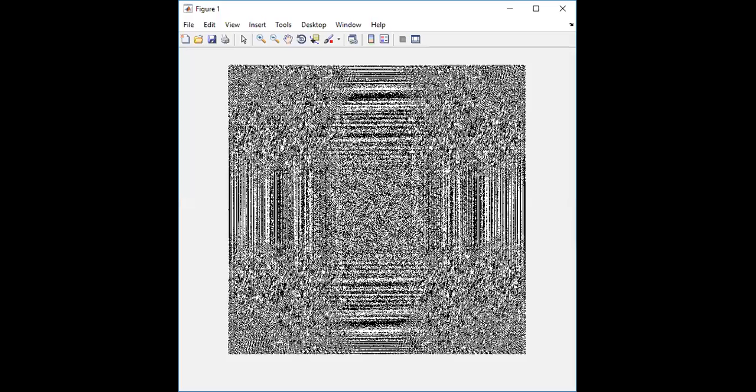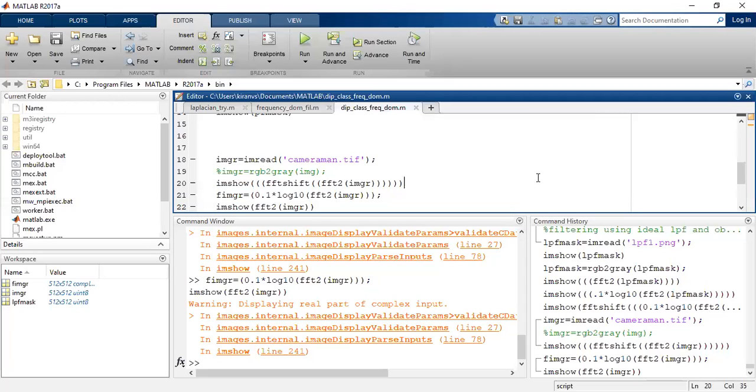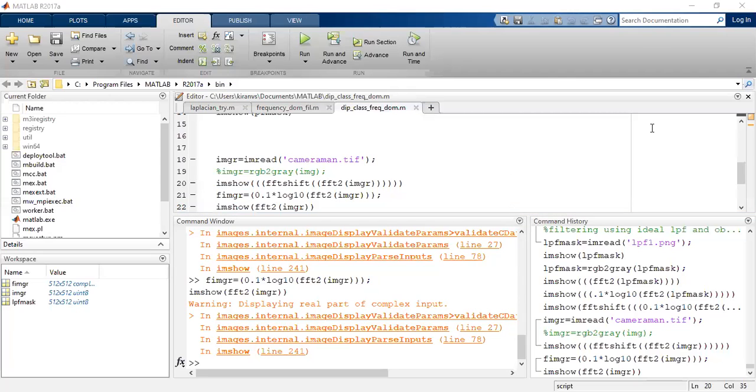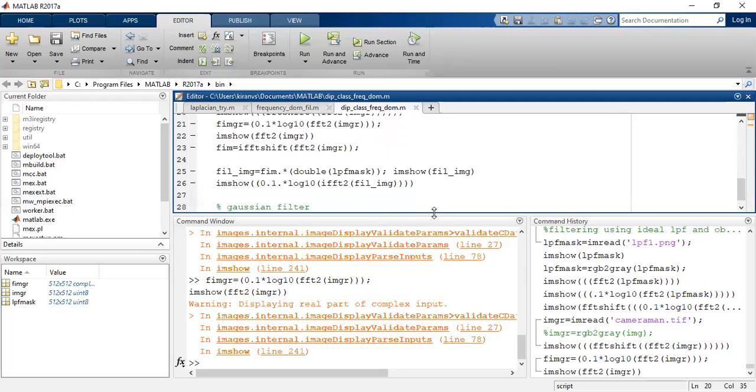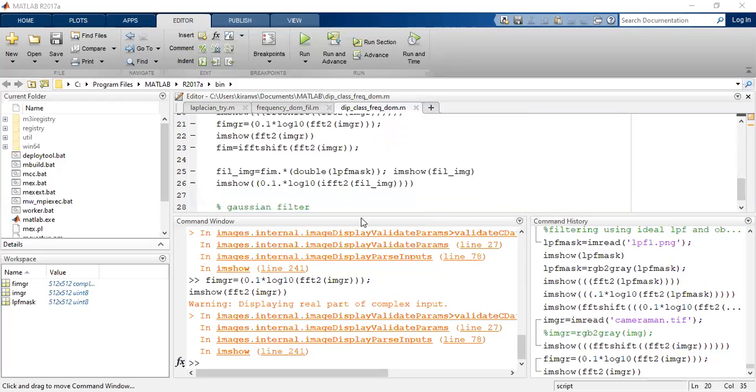Wait a second. Let me filter the image. What I will do is, I already have the mask. I will simply multiply the Fourier of the image with that of the mask. See here, I will take the low pass filter mask and the Fourier transform of my image which I have